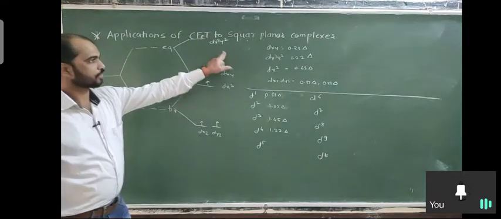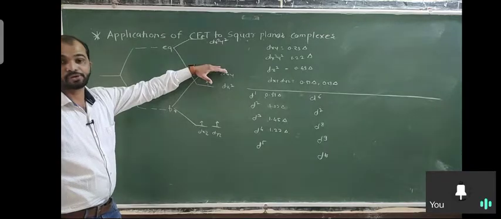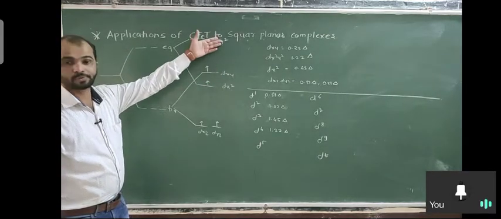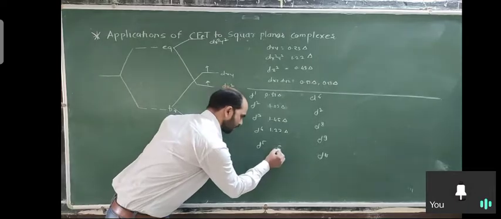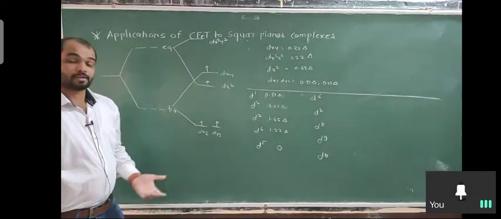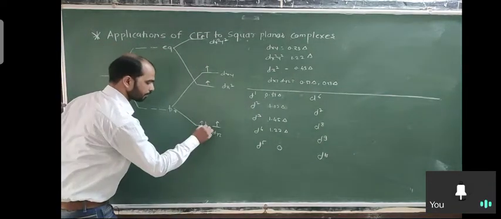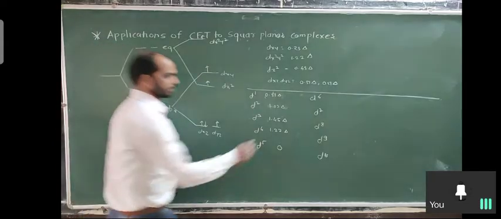And what is the energy of this? It is 1.22. Up to this we calculated 1.22. So 1.22 minus 1.22, for the d5 system, it is 0. Then the next one is d6. The electron again enters here, so again it is 0.51.